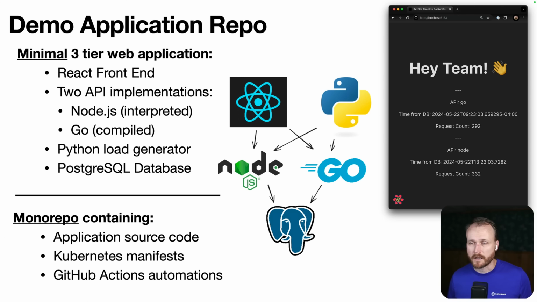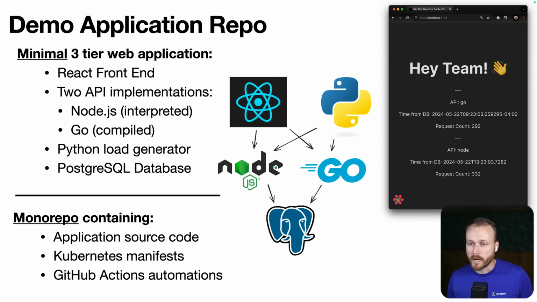If you've taken my Docker course or my Kubernetes course, this application will look quite familiar. It's a minimal 3-tier web application. It has a React front end. There are 2 different API implementations that the front end is calling into. One is written in Node, another is written in Go. There's a Python load generator that just repeatedly makes calls to one or the other APIs, and then it's backed by a Postgres database, which tracks each page visit. You can see a screenshot on the right of what the application looks like on the front end,